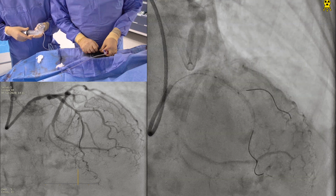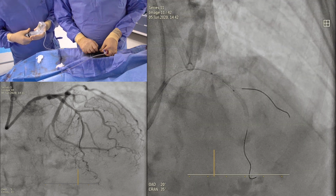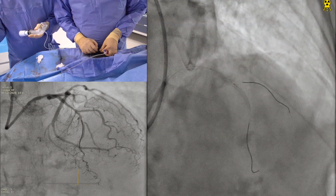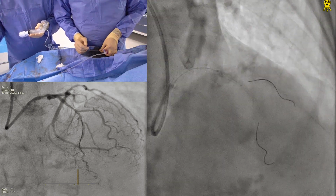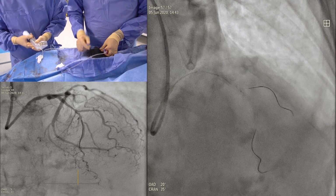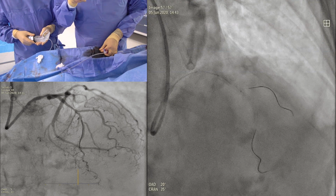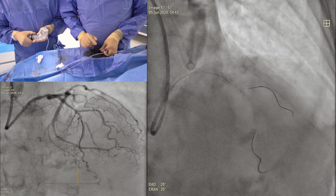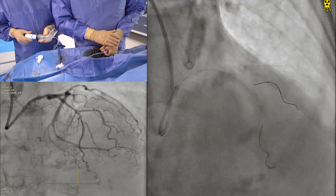Okay. So you pushed a little bit, Bernard, during the injection. Yes. So what we want is to have the distal part of the balloon exactly at the level of the carena in order to push the stent proximal to the carena. And it's always behind or beyond the divergence of the wire. Absolutely. Because the wire is pushed away by the...